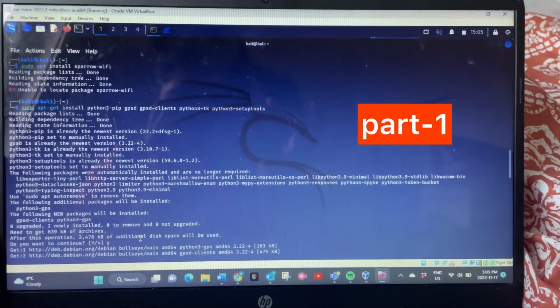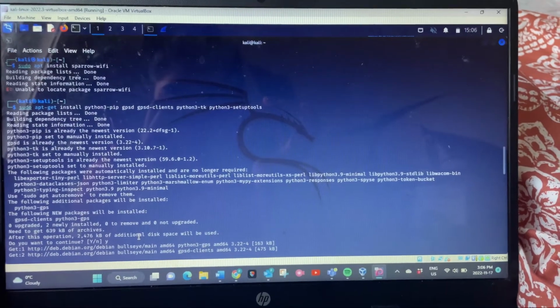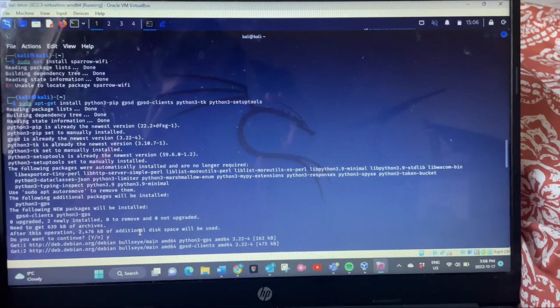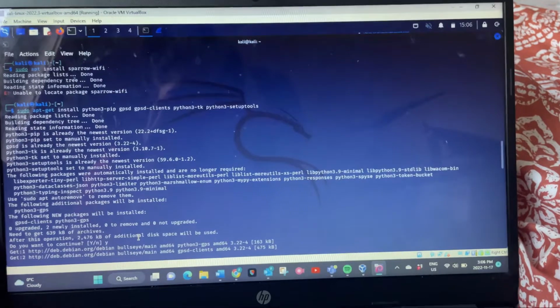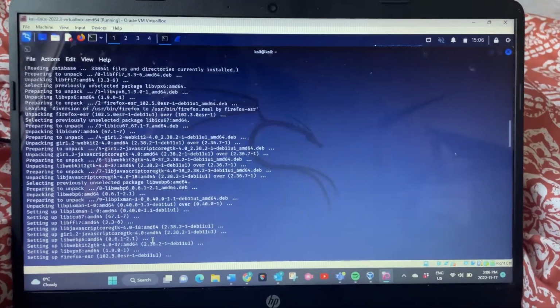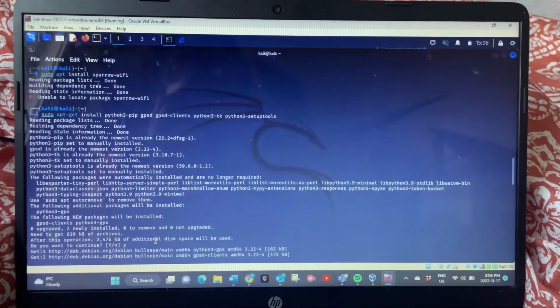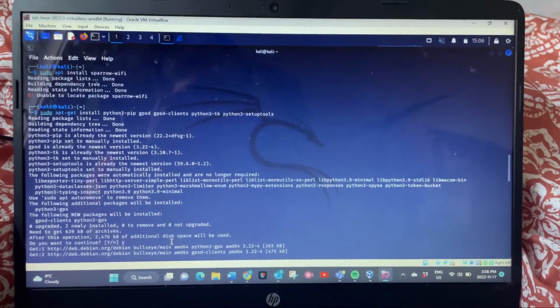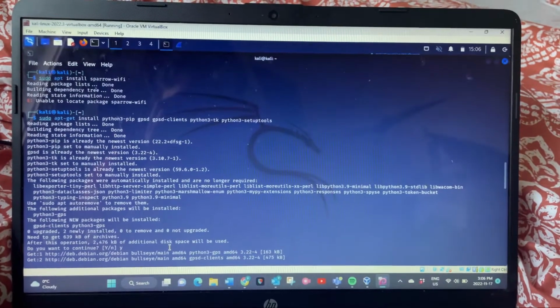As you can see, I tried installing Sparrow Wi-Fi using the sudo apt install command. It said unable to locate package. I even tried doing an update and upgrading everything, but it did not work. So I went on the internet and found that for Sparrow Wi-Fi to work, we need to install all of these